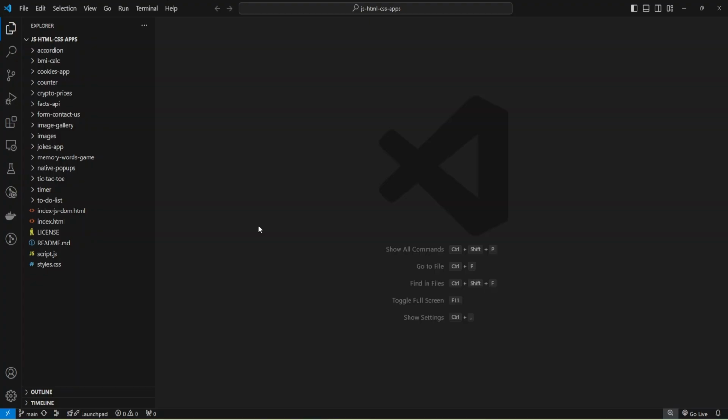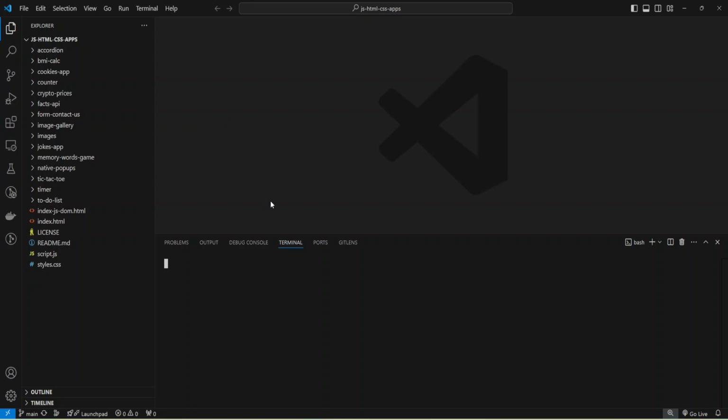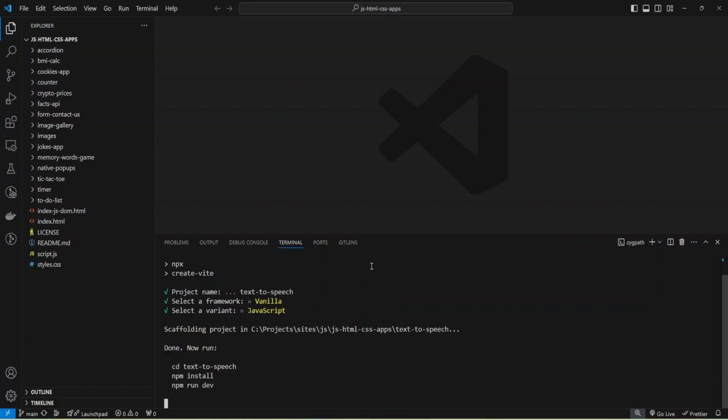I launched my Visual Studio Code and opened a folder for my JavaScript projects. Now I'm going to start a new terminal and create a new project with Vite: npm create vite@latest. I need to provide a project name, which will be text-to-speech, and select vanilla and JavaScript.